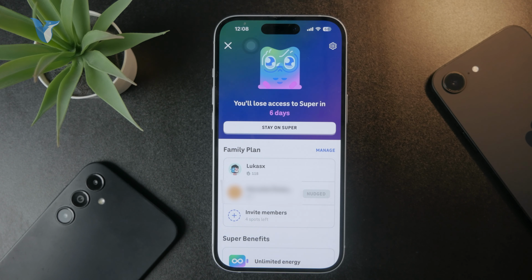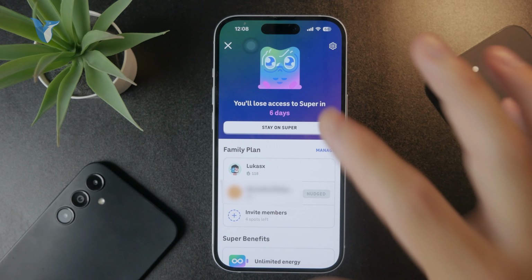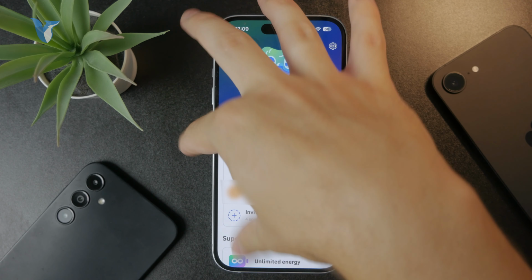So that's how we can do this. Of course, you can perform it with the friends and family as well, but I'm going to wrap up the